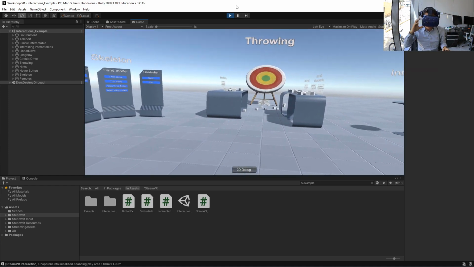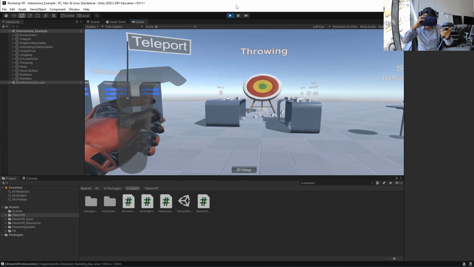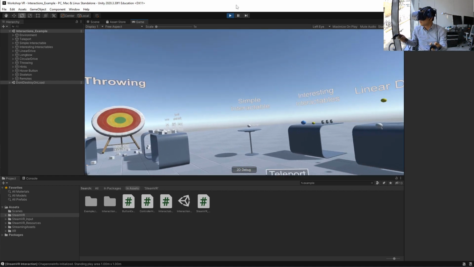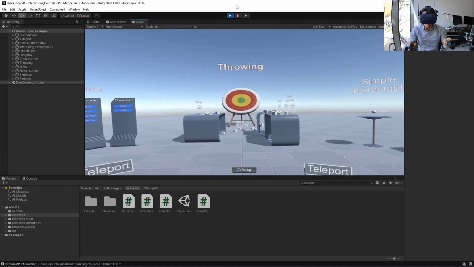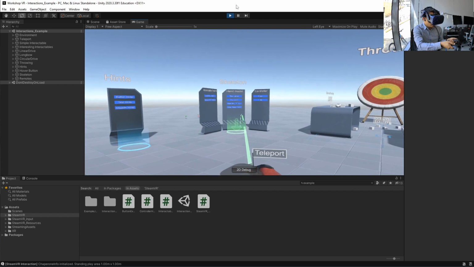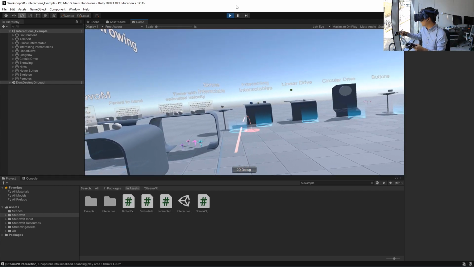You can see what I see through the Unity window. We're basically in the virtual world that the SteamVR plugin provides, and we can teleport around and interact with the different